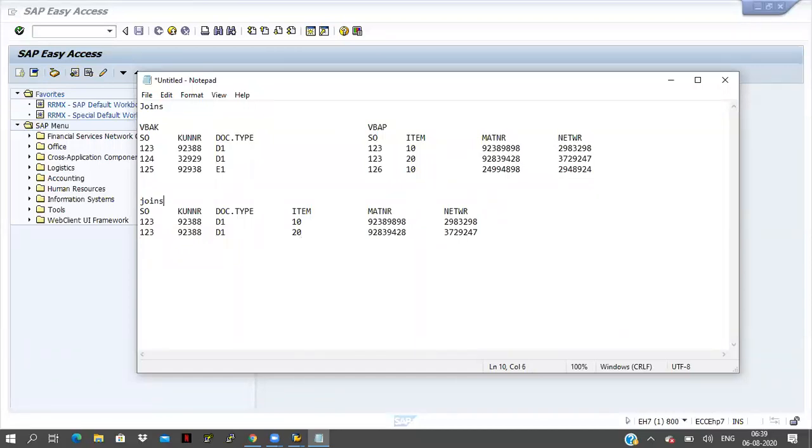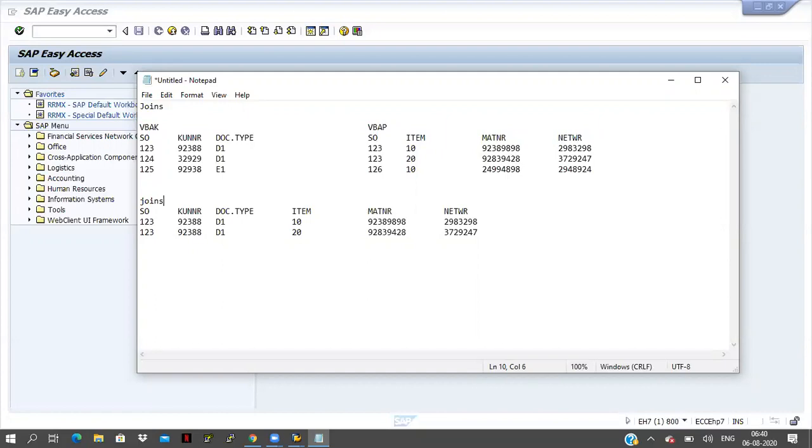Joins. Previously, how have you written the code? First of all, you write a select query for VBAK. You give some condition there as select options or parameters, whatever it is, and at the same time you go to one more select query for the VBAP table and fetch the data. After that, you loop the item internal table, read the header data, pass it into one final internal table, and display the data. So this is the flow, whatever you know up to now.